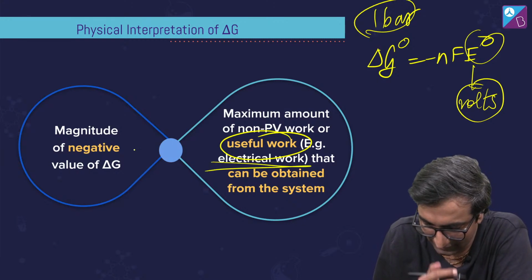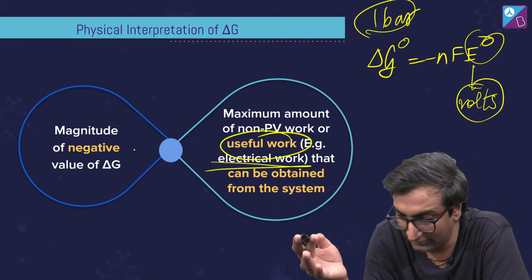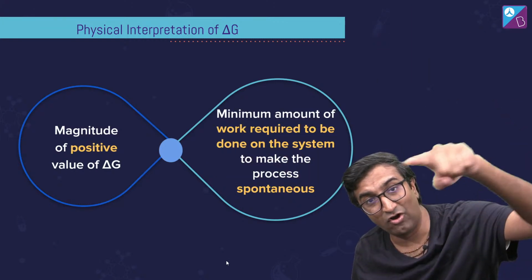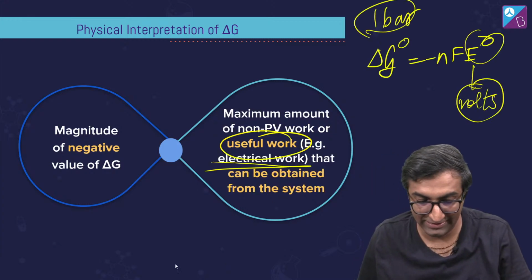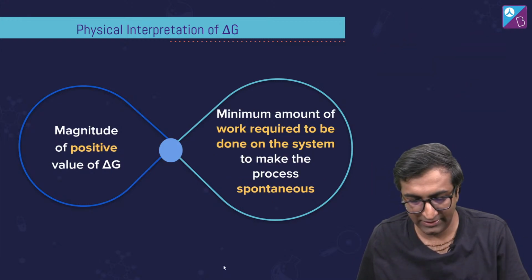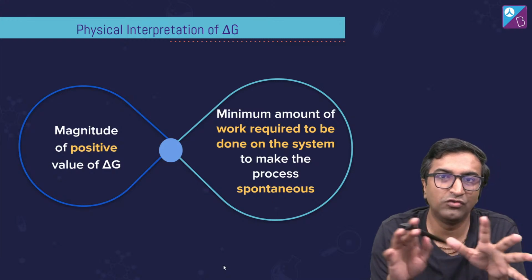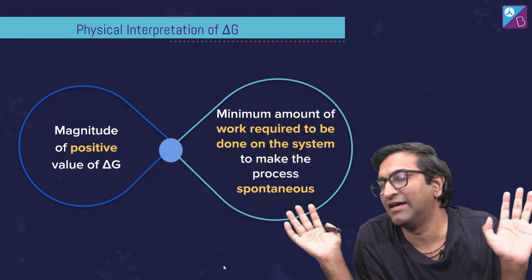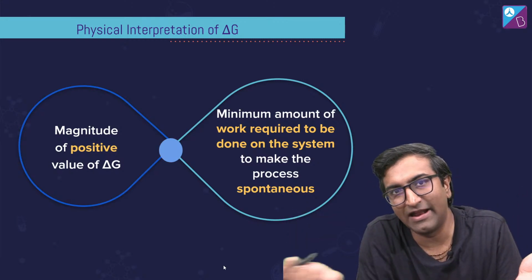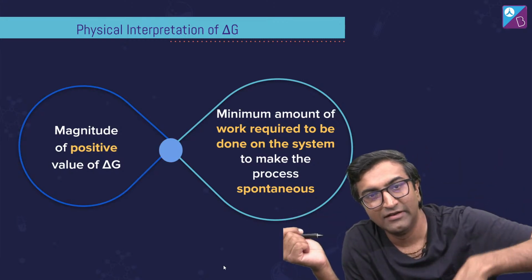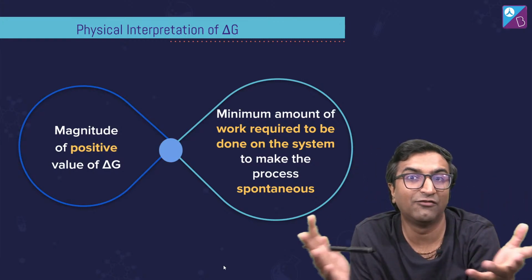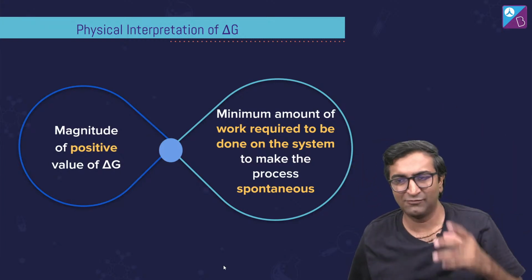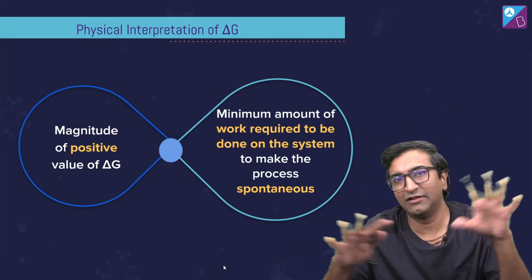ठीक है? Electrical work is the best example for this. This is the physical interpretation of this. ठीक है? और अगर पॉजिटिव वैल्यू है तो आपको उतना वर्क करना पड़ेगा for that process to become spontaneous. That's the other way, right? अगर नेगेटिव वैल्यू है, this is what you can extract work out of it. You can relate this to positive and negative value of regular work. अगर नेगेटिव वर्क है मतलब एक्सपैंड हो रही है गैस आराम से, राइट? एक्सपेंशन से आप वर्क एक्सट्रैक्ट कर सकते हो। कंप्रेशन में you have to push, you have to do work, and उन दोनों का मिलन कहां पे हो रहा था? At the reversible stage. अगर रिवर्सिबल नहीं है then all the work that you do, compression work is more than what is required and expansion work is lower than what you can extract. रिवर्सिबल है तो बेस्ट है।